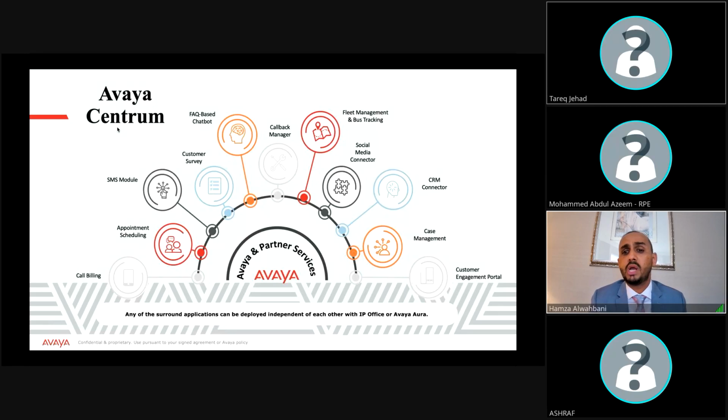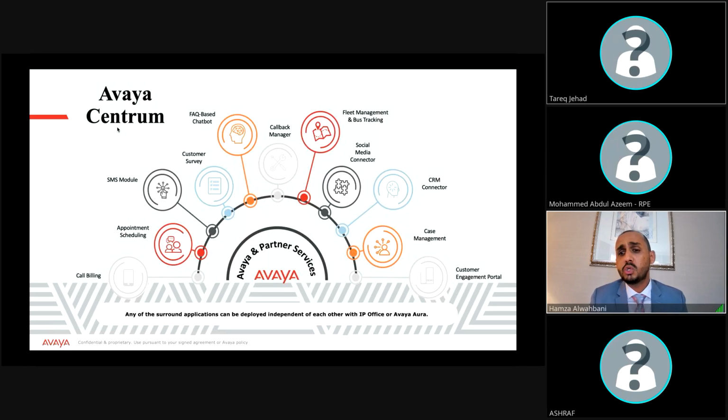Also, the social media connector, which we can use for any company dealing with its customers through social media. We can collect all the comments and all the feedback from social media and send them to the agent, and through this application we allow the agent to interact and send direct messages to customers who are on social media. We will make the agent interface very simple. The agent is not required to go to the social media. They will use the Avaya social media connector application to chat with customers who are on social media.